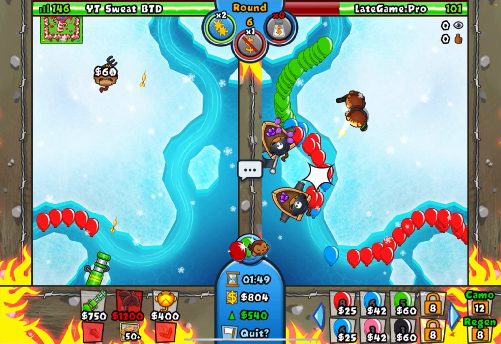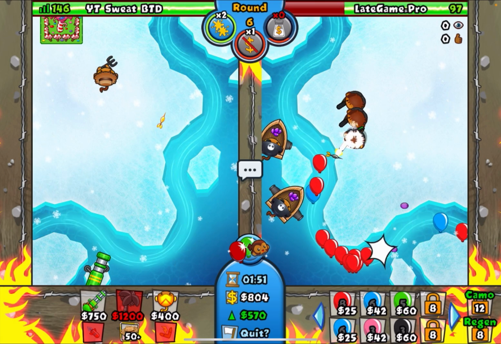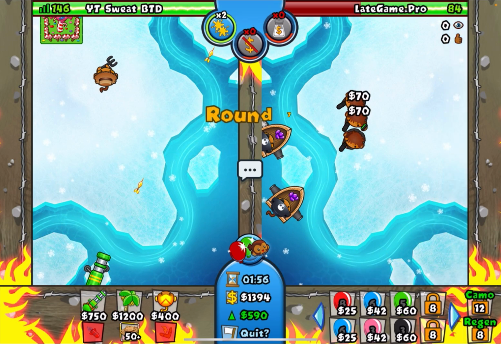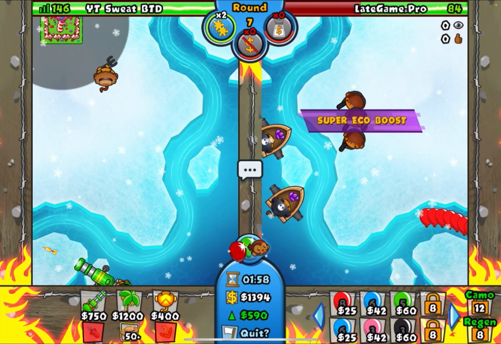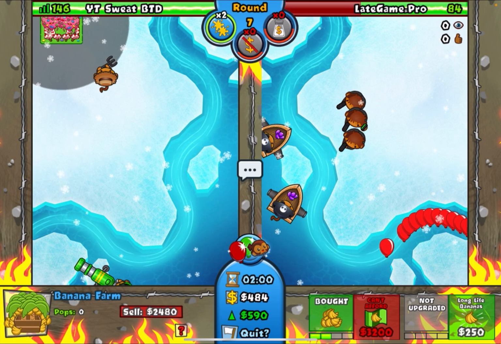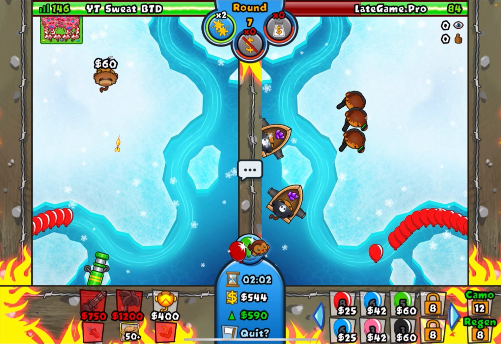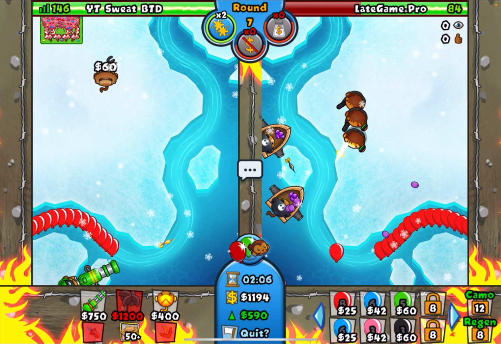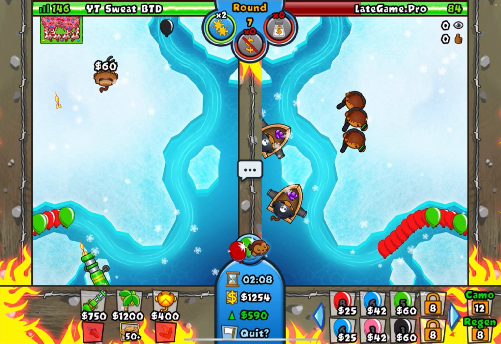And I get, once again, full Salt, looks like. Cool, cool, cool. I'm going to be choking those Cobras again as usual to make sure he doesn't get those funds. These super eco boosts. And we have 590 eco, a plantation, and just way more money coming in now on round 7, which is